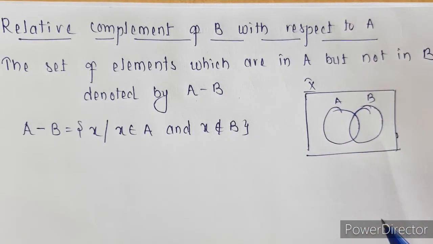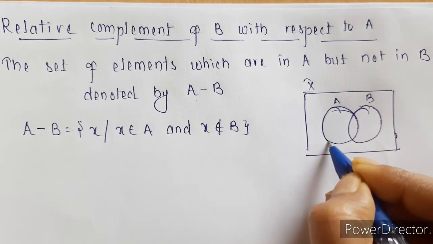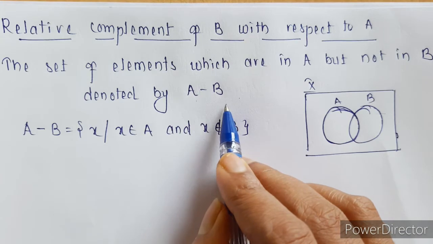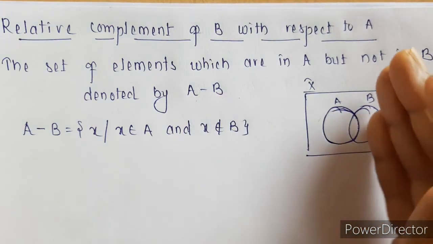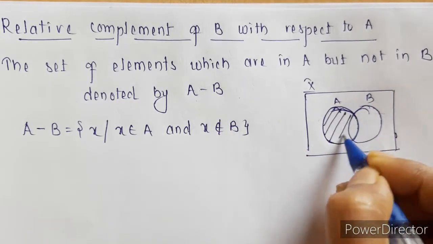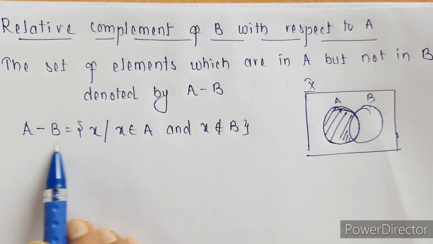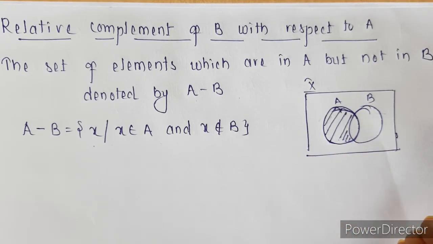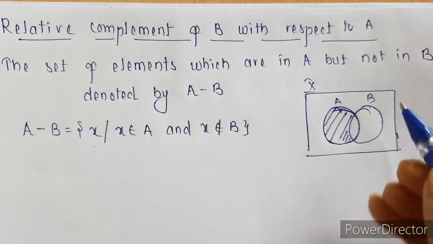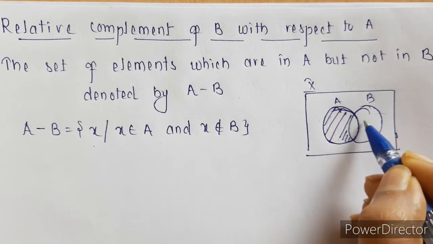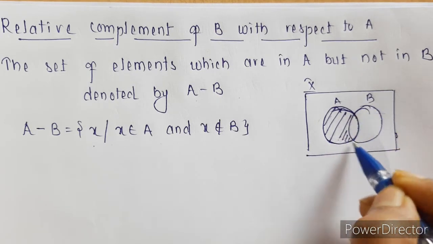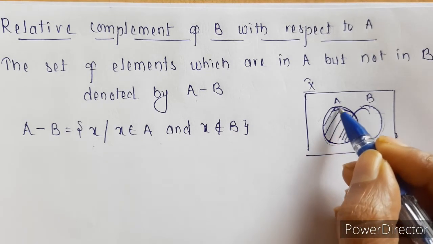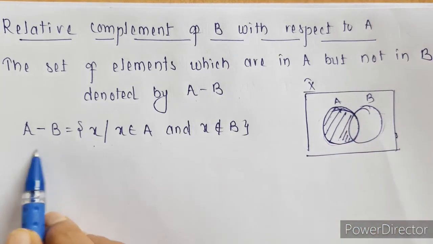So, relative complement of B with respect to A is going to be: we consider this set A, and from set A we are deleting this B. It is also called A difference B. So, from A we are cancelling this B, so whatever is remaining is nothing but A difference B, that is set of all x such that x belongs to set A but does not belong to set B. It is called the relative complement of B with respect to A because we are taking outside of B but with respect to only A. So, it is nothing but A difference B.